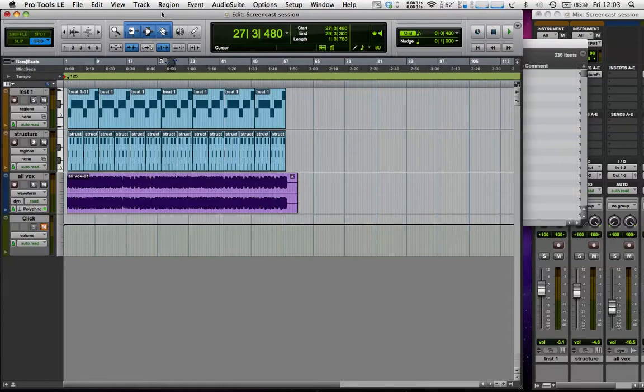Hi, Ant here again. In this quick screencast, I'm just going to show you how we can use the Workspace Browser to drag loops and other audio files into our session and have them conform to the tempo of the session automatically. Okay, so the Workspace Browser is basically the window where we can look at everything that's on our